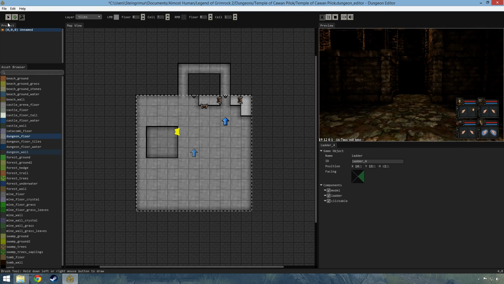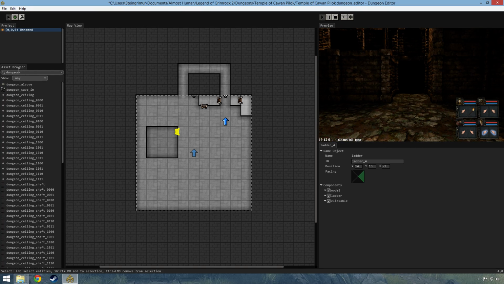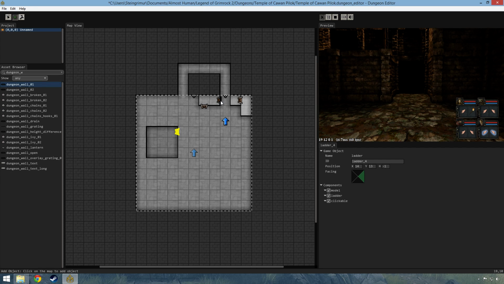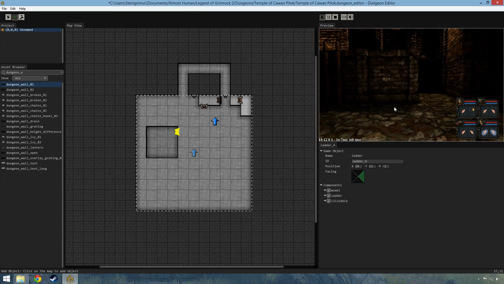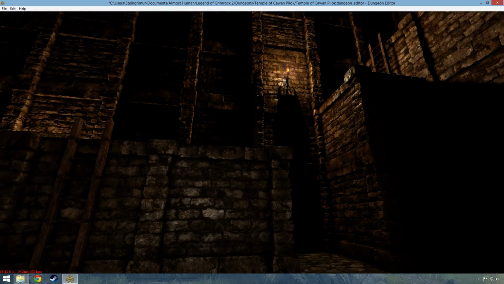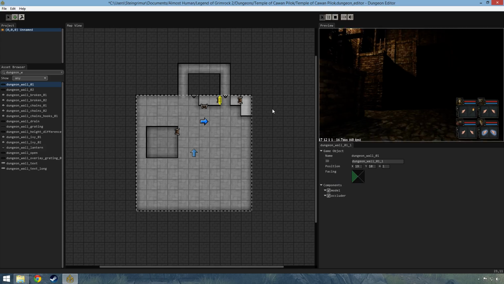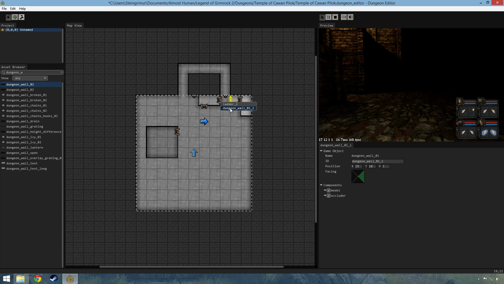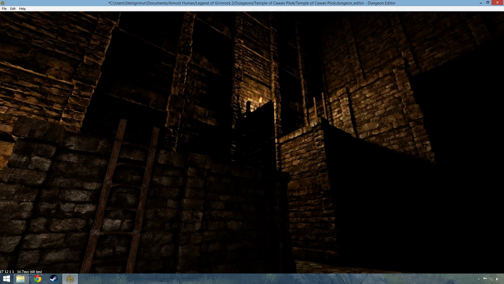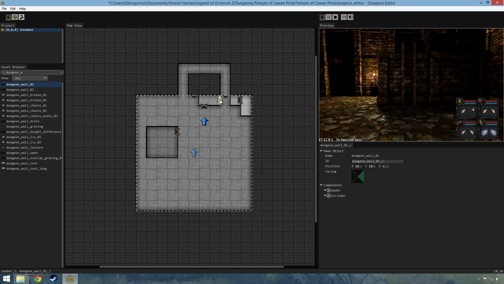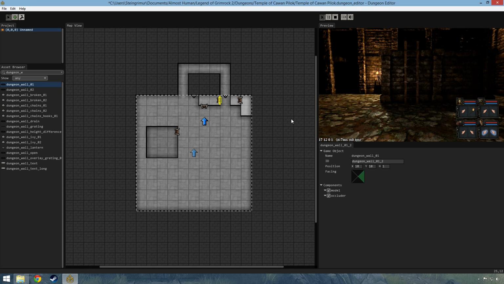But I will of course just go here and choose dungeon wall, and I will place a wall here. And what happened is the wall of course got placed at the wrong height. The wall is at 0, like all objects that come into the dungeon, and I want to raise the wall by 1, and I want to turn it around so it's facing the correct way, like this. So now I have the wall in place, and I'm going to copy paste this wall